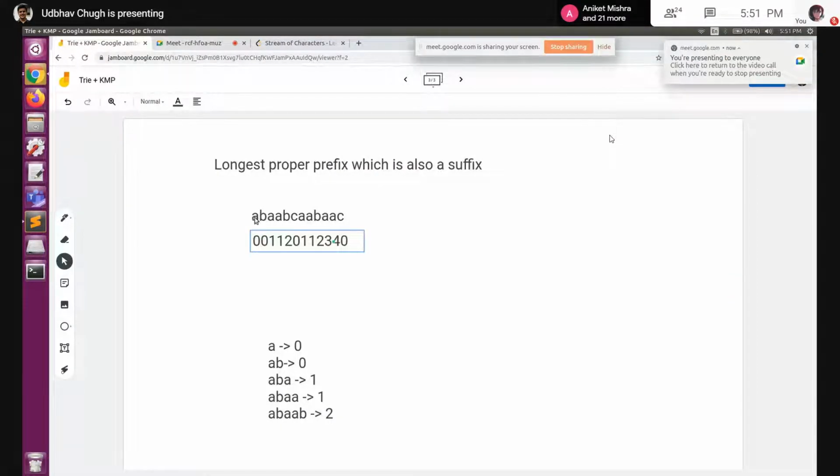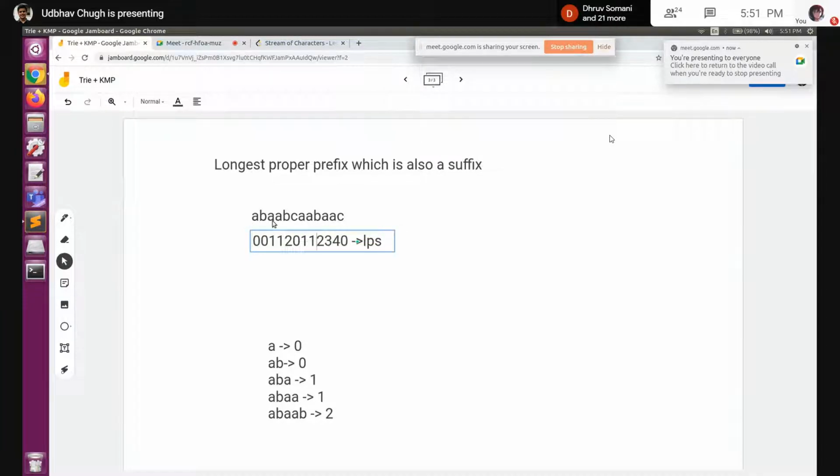This numbered array which we generate, I'll just call it the LPS array, my longest proper prefix array. This is basically the pre-processing part that we have to do before we actually move on to KMP.